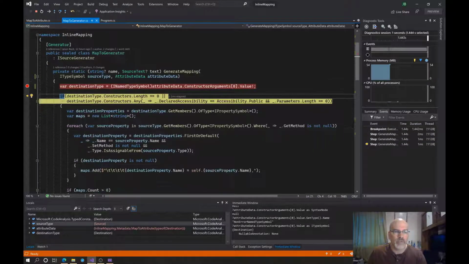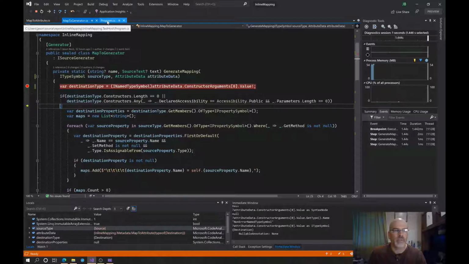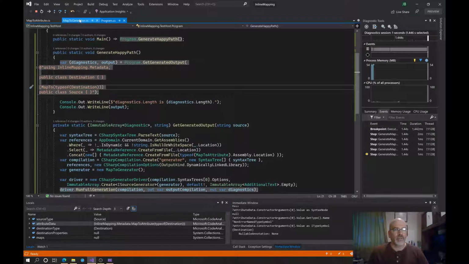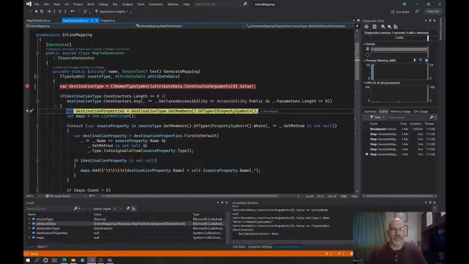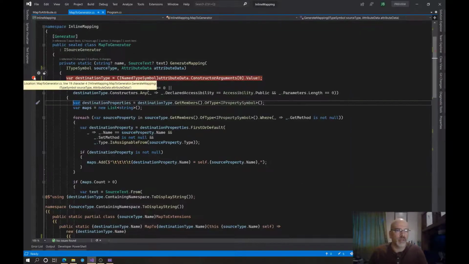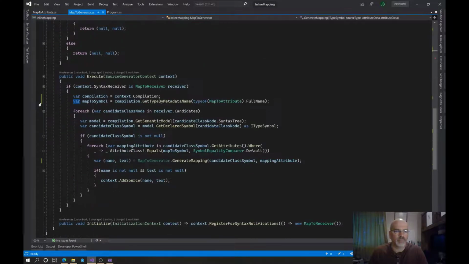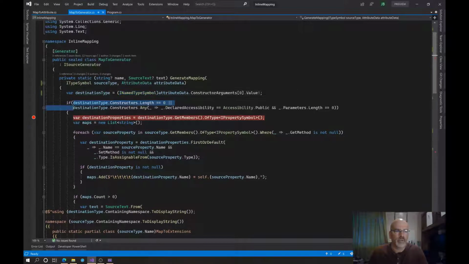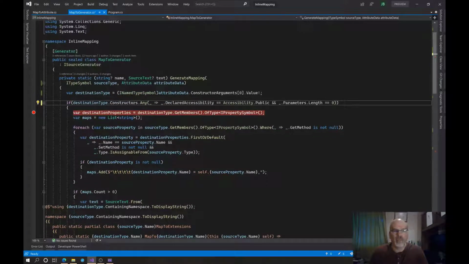So we have a destination type of destination. The destination type, what's its constructors? It has a length of 1. So there should, yeah, we match because, and actually that's a good thing to note because I don't explicitly put a constructor there, but it still considers that it has one constructor and it must match this, so I can take the first one out. Okay, actually let's do that because let's put it here. And then we're going to put a breakpoint here. So we can do that. So if we have any that match that,